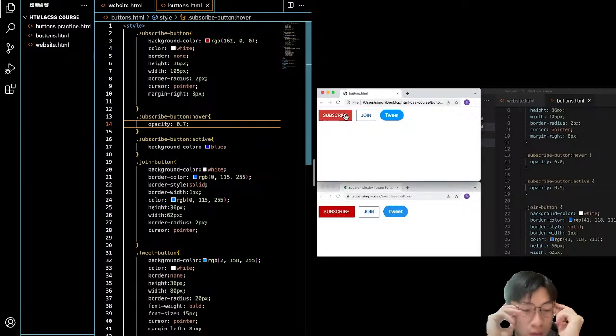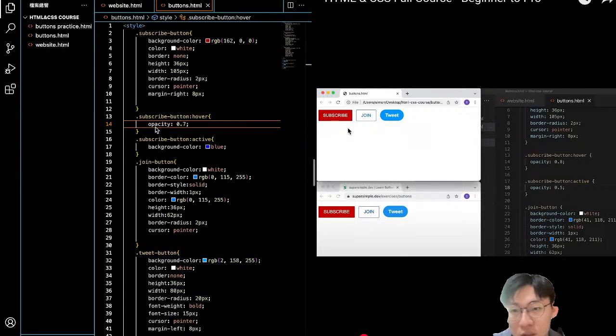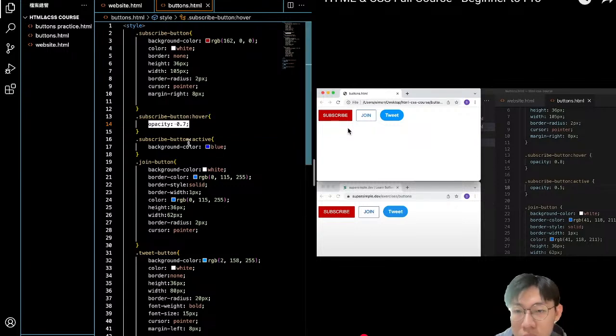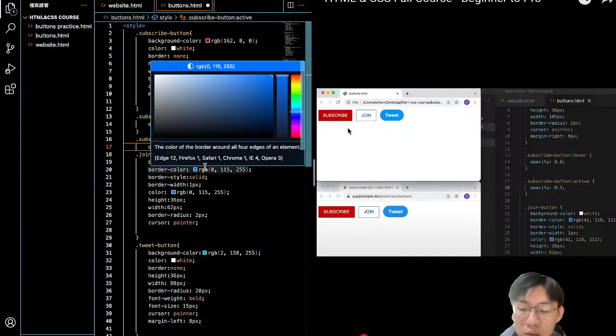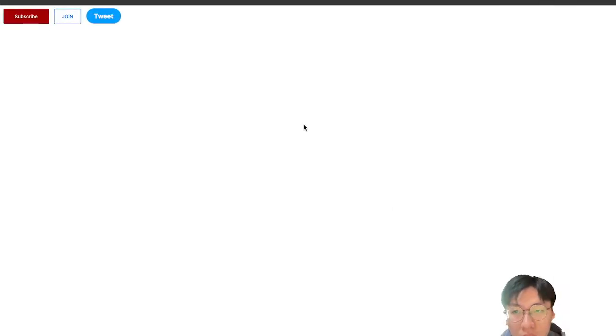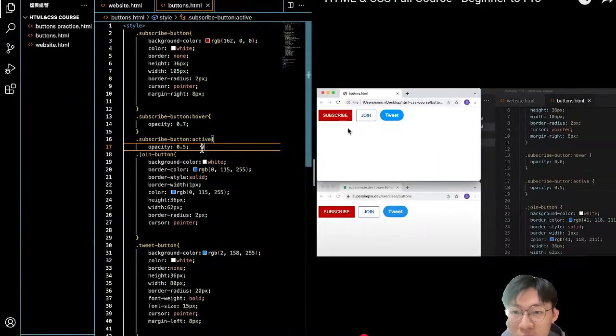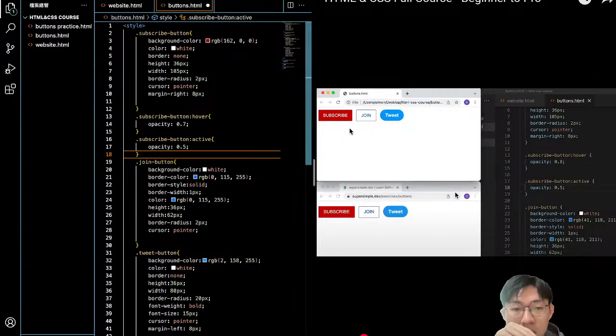And that looks pretty good to me. Now we're going to work on the hover. 所以点下去的时候，它变得更加透明，所以这边的 opacity 要变得更低。Okay, let's try. 有变得更透明了，有没有看到？